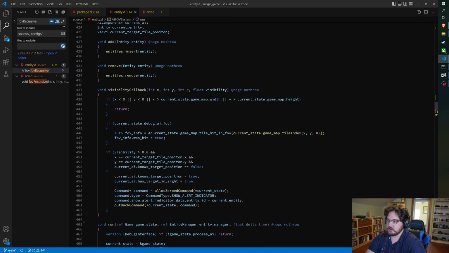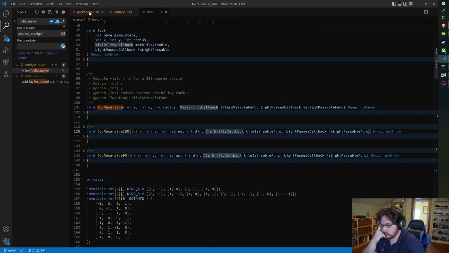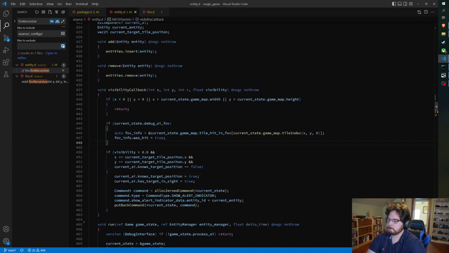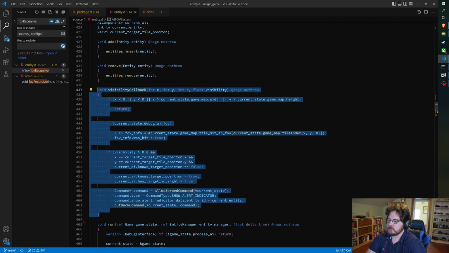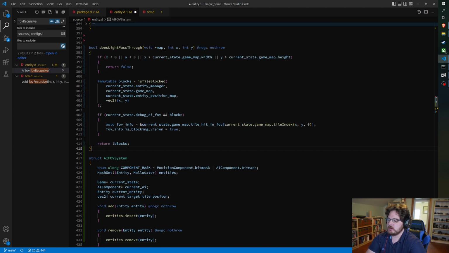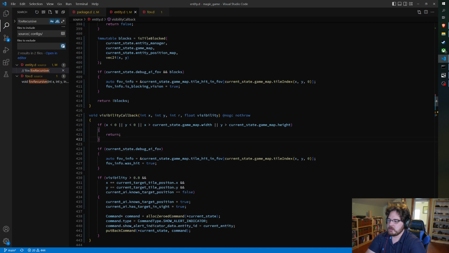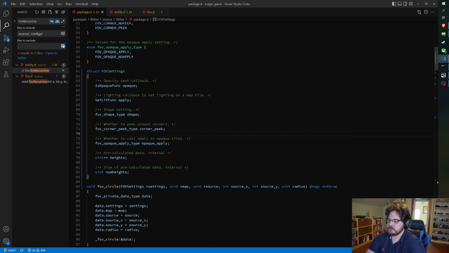So that's going to be this. Okay, so I think I just do this, and then I move this up here, and I change the function signature to be